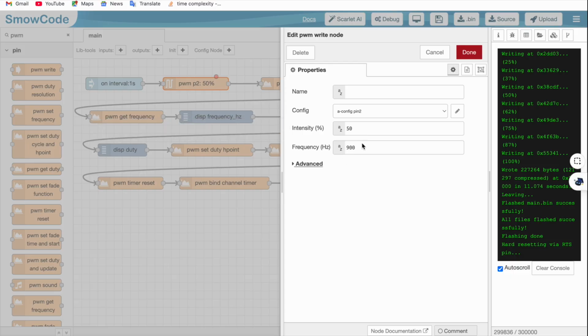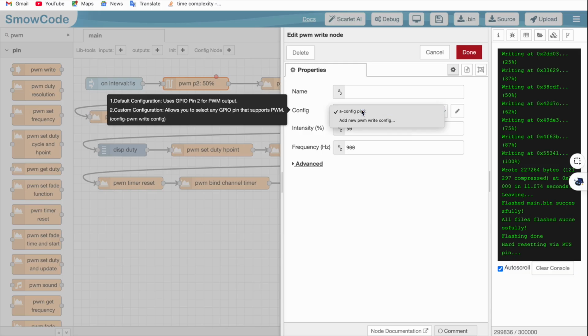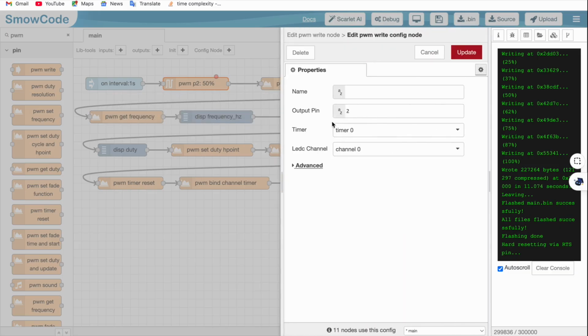And then it asks you for the frequency, which determines how fast the on or off cycles repeat. I've kept it at 900, which is pretty fast, I'm sorry. And after that, you can see there's one more config function, and you can edit the config function as well. In the config function, you have the output pin, which is set to 2, which is the LED on